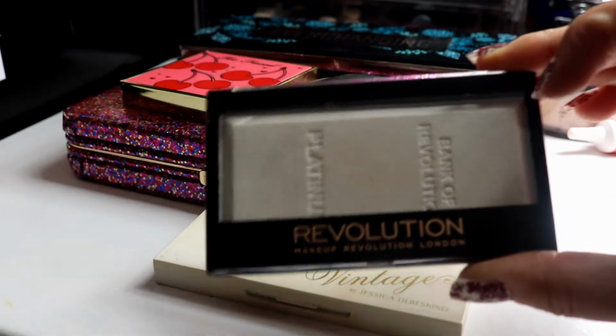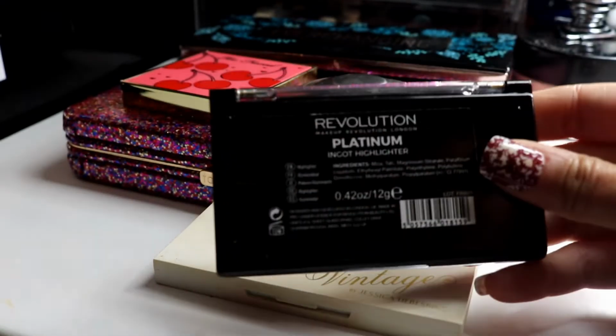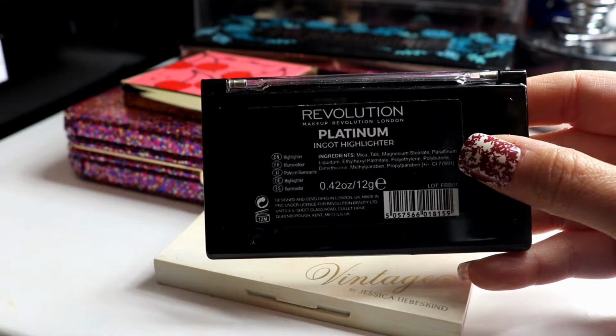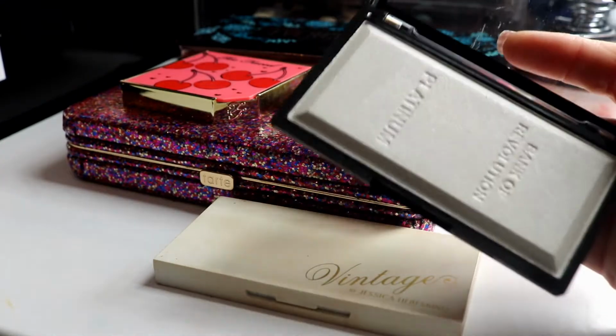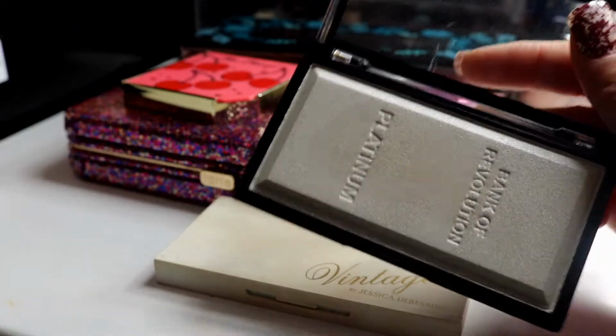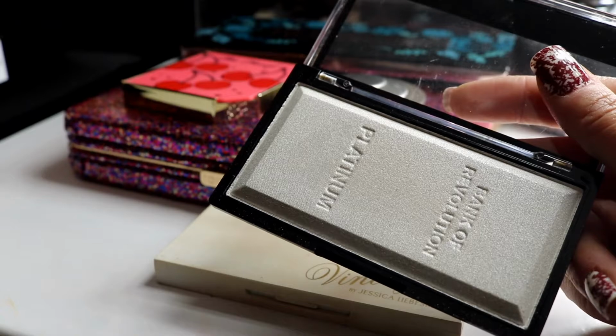I did have this Revolution highlighter. This is in the shade Platinum, and it's the Ingot highlighter. I didn't use this a whole lot. It was pretty. It has a slightly platinum white cast to it, which looks pretty on the skin, but right